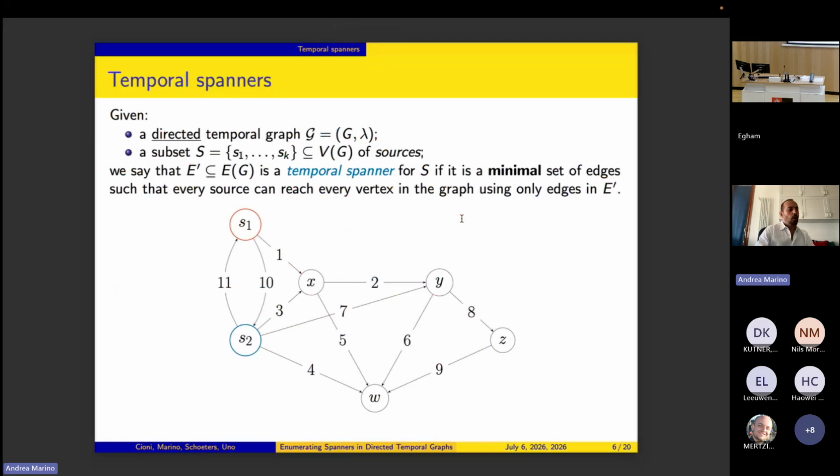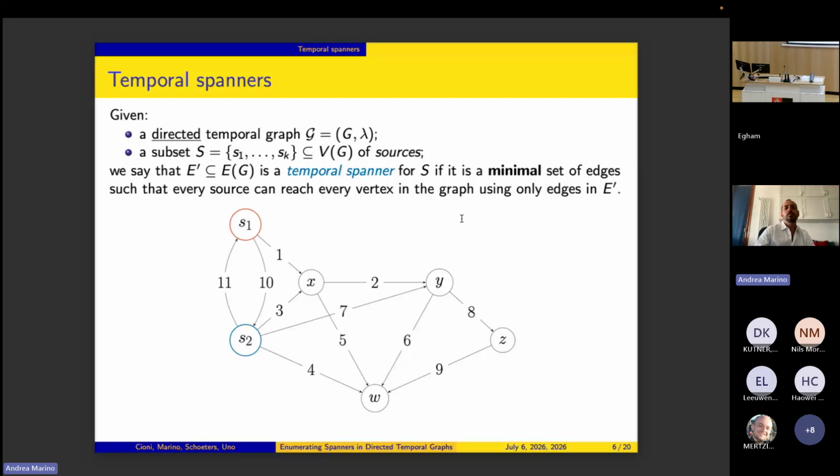Now let me go to the object that we are interested in, that is temporal spanner. In this setting, you have a directed temporal graph in input. Then you have a set of sources, S1, ..., Sk, that is a subset of the vertices. And then a temporal spanner is basically a subset of the edges, such that basically the sources are able to reach every other vertex inside the graph,